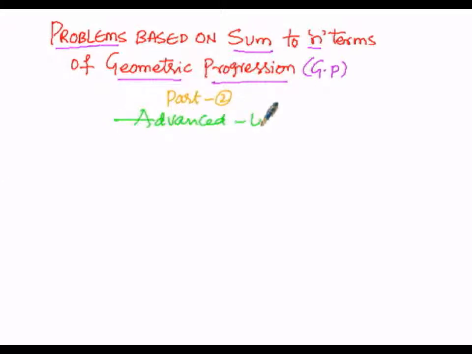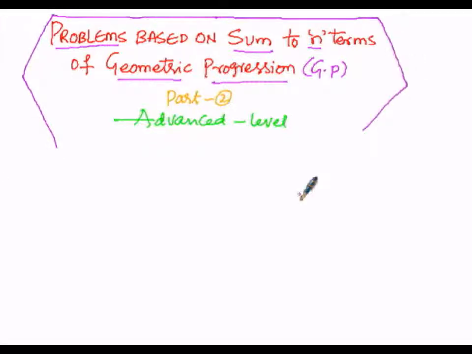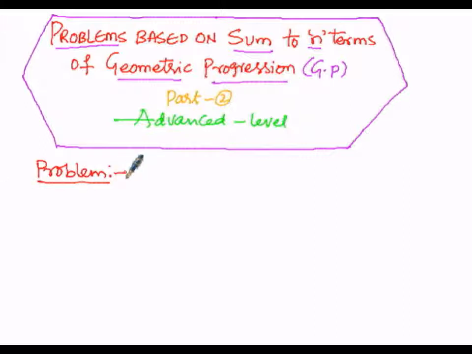So here we know that the sum of n terms, when the first term of the GP is A and the common ratio is R, when R is less than 1, we can write S of n is equal to A into 1 minus R to the power of n by 1 minus R. At the same time, when R is greater than 1, we can write the sum of n terms as S of n is equal to A into R to the power of n minus 1, overall divided by R minus 1.